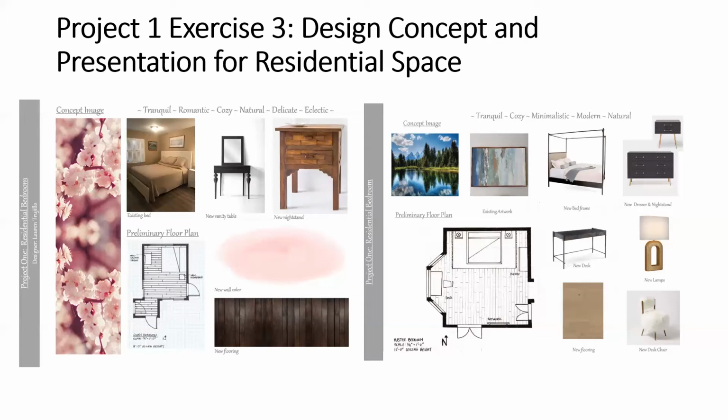Same thing with the new wall color and flooring. The assignment calls upon you to open up the resources for finishes and select two new finishes for your client space so that you're not only just replacing furniture, but finishes as well. Now you can see here to the left of those finishes, I have the preliminary floor plan. Now this is the resulting floor plan from exercise 4. And if for whatever reason you do not have the floor plan completed by the time you're supposed to finish this assignment and submit it, you can always put a placeholder in here if you like.